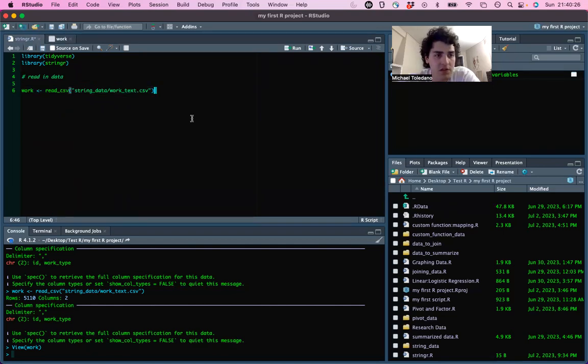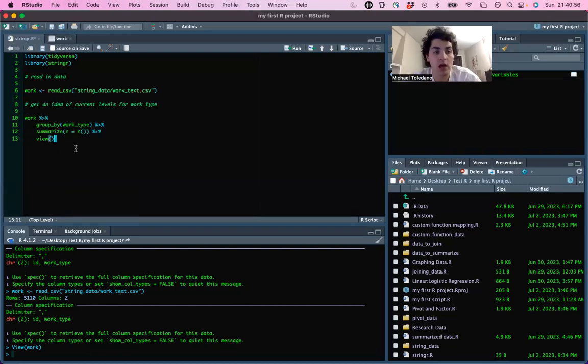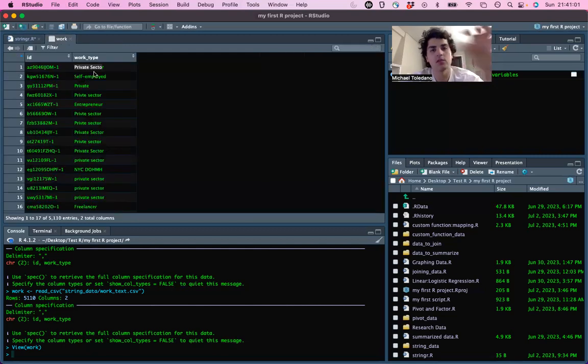So first, let's just get an idea of the current levels for work type. That just means let's find out what these are coded as, all the different possibilities, what they're coded as. So what we're going to do is use the summarize function from dplyr in this current way. First, we're going to group by work type,